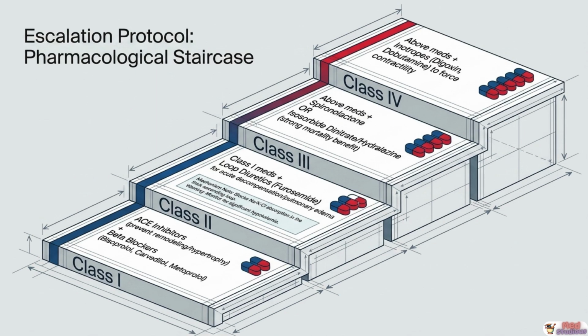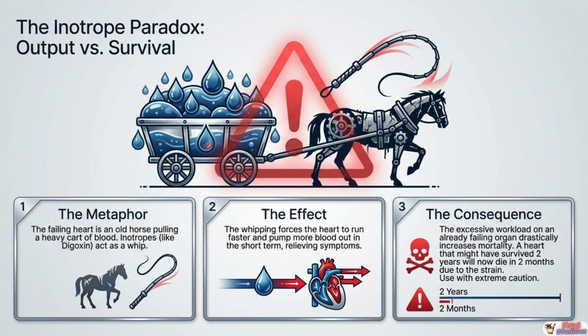At class 4, positive inotropes, digoxin and dobutamine, are added to force contractility in cardiogenic shock, though with the important caveat that will be discussed in the next segment. The pharmacological management of heart failure contains one of the most conceptually challenging and clinically dangerous paradoxes in all of cardiology, the inotrope paradox. Understanding it is essential because misapplying inotropic therapy can convert a chronic disease into a rapidly